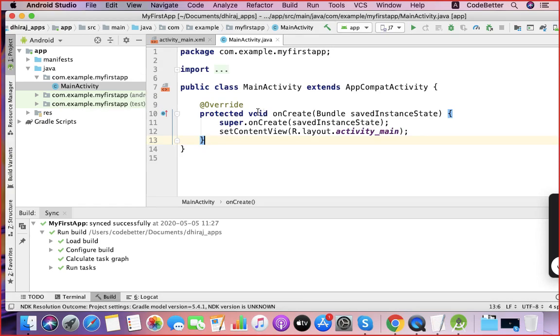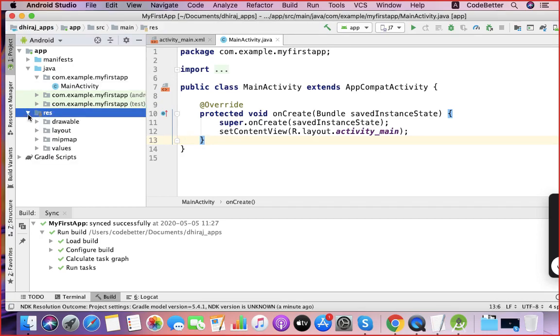The screen is available in the RES folder. This RES folder is nothing but the resources folder. This folder contains everything except the Java code. Whatever other resources like images, menu items, screen designs, videos, HTML, or anything which is not a code part is put in the resource folder.